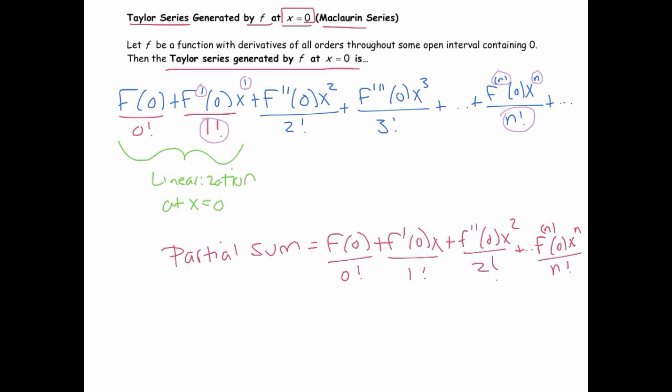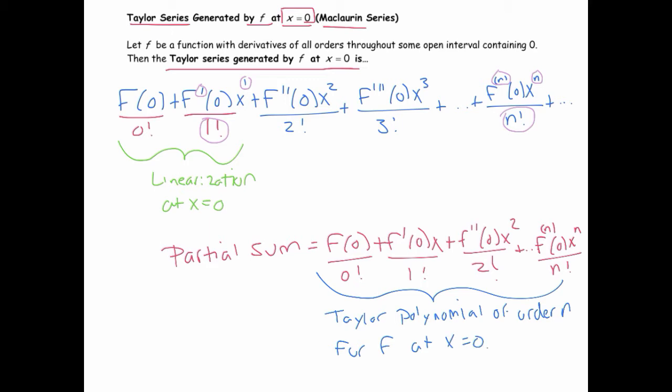It's a polynomial because polynomials end. They actually have a degree. This would have degree n. This is the Taylor polynomial of order n, or degree n, for f